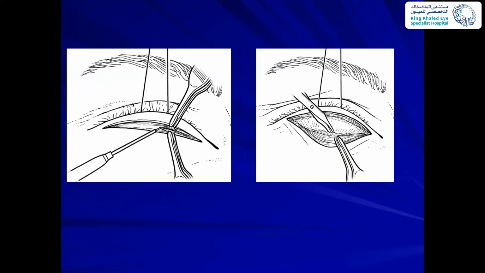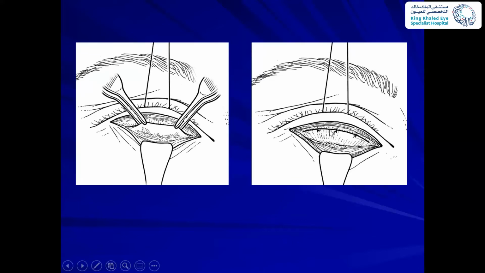Regarding lower eyelid retractor reinsertion, it can be done either through a subciliary incision or through a conjunctival incision, whichever you feel comfortable with. We start by doing a subciliary incision, like in this picture. Then we dissect between the orbicularis and the lower eyelid retractors. After identifying the lower eyelid retractors, they will be reinserted to the lower part of the tarsus with three or four